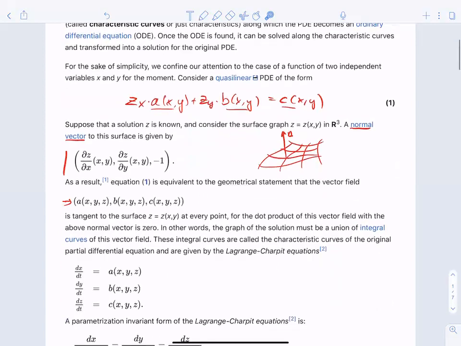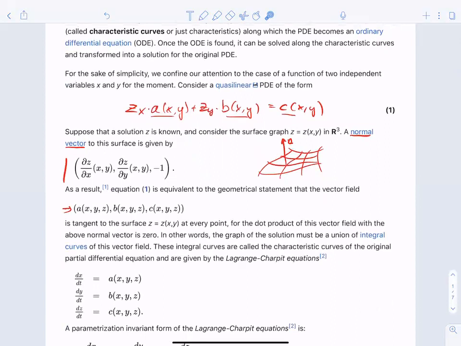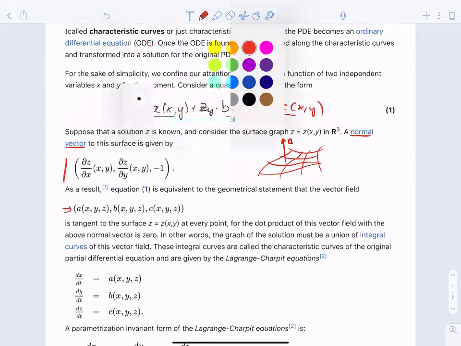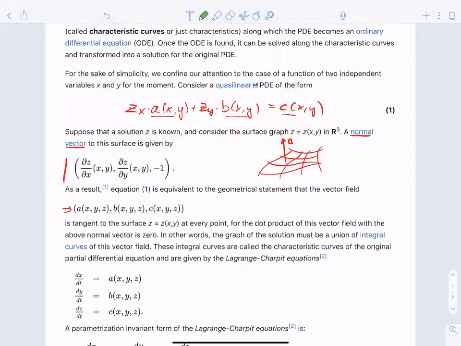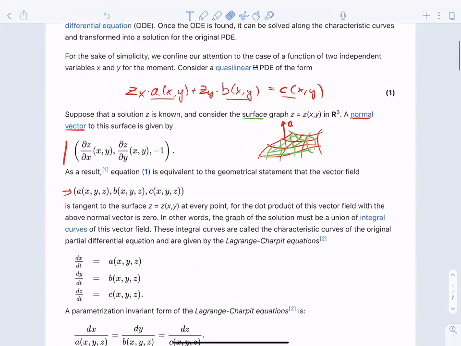And how could this be done? We can do it in the following way. Solve the partial differential equation in such a way that instead of finding this surface graph, we find a number of curves, a bundle of curves running through the surface, okay? So if we are able to find all the curves, the set of all curves running through this surface, we have equivalently solved the partial differential equation. So this is the way it is done, and it's called the Lagrange-Charpit